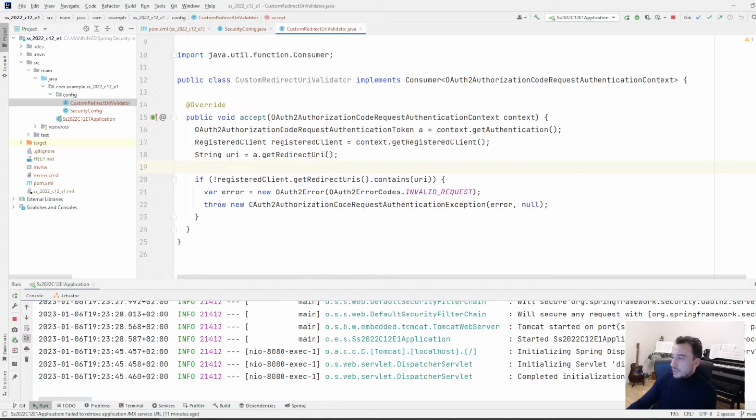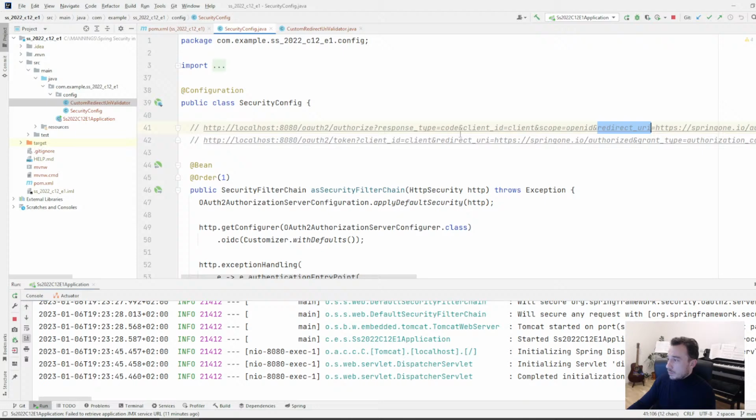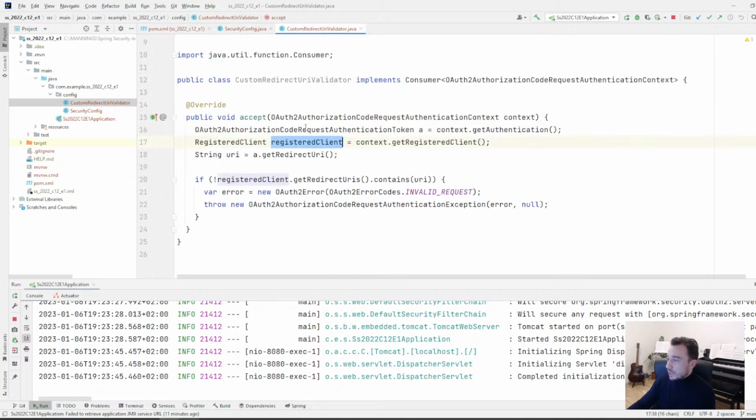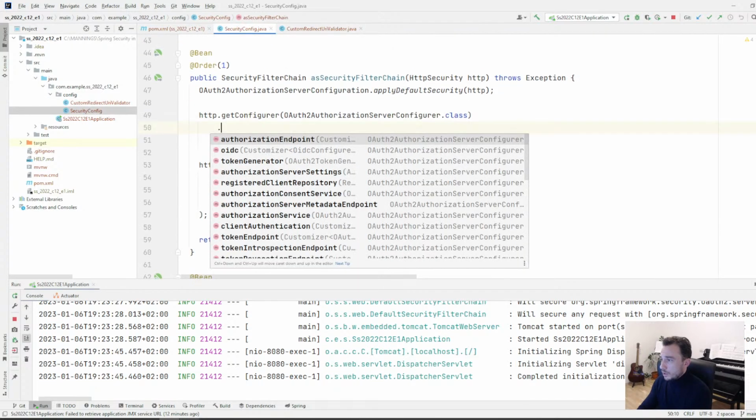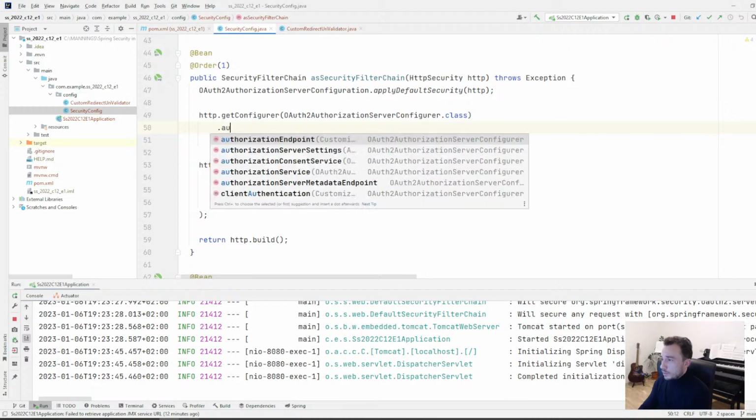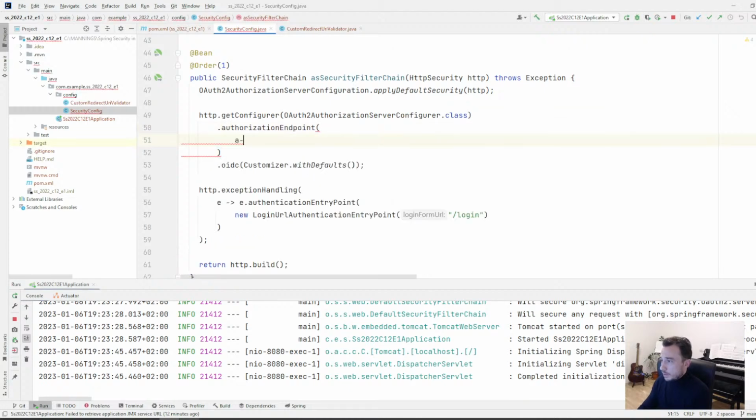It's almost what's out of the box already. So it means that I at least validate the redirect URIs. But remember, I have all the details from the authentication and the client, which means that I can apply any kind of custom restriction to anything in this request. And then it's pretty easy to plug it in. You can plug it in the configuration. This is the authorization endpoint, and you say in the authorization endpoint,